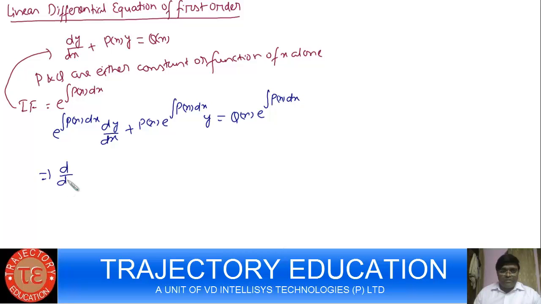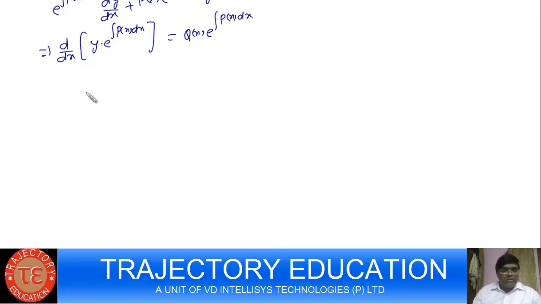So this can be written as d by dx of y e to the power integral P(x) dx, and that is Q(x) e to the power integral P(x) dx. So if I write this as y e to the power integral P(x) dx equals to Q(x)